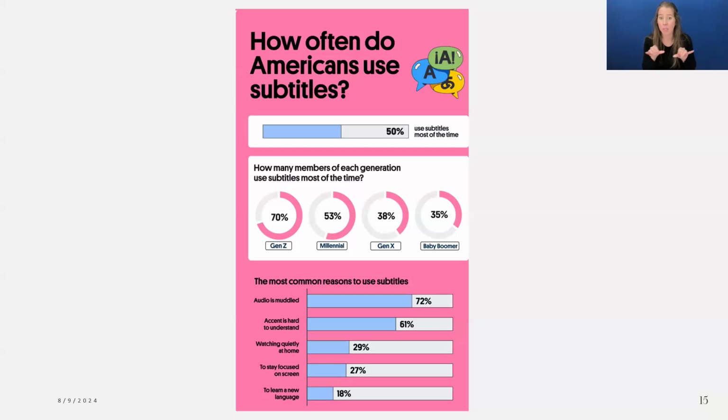You can see just by this small survey that people of the newer generations tend to use it more than the older generations, which I found kind of counterintuitive. But I also remember going to my grandma's and she'd have that volume cranked up so high. Oh, you don't need captions, huh, Grandma? She was 90, okay?